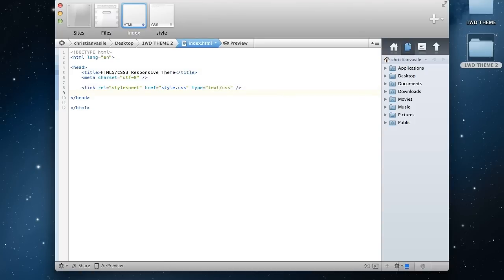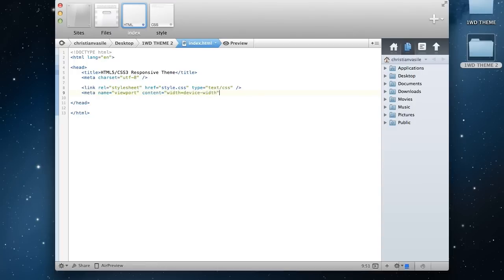Yes, and then this is something that you might have, this might be something new for you, but in order for this framework, for this grid to be responsive, to work on other devices, you're going to have to add something called meta name viewport. It's just something that tells the browser, well, you have to think of this web page as responsive, and you have to consider it as a responsive theme. And then content is going to be with device width,